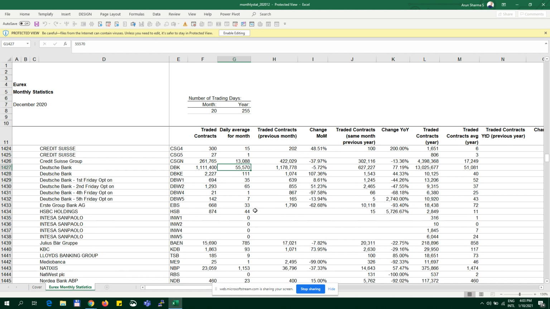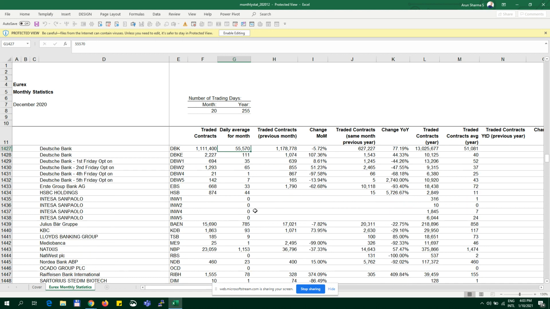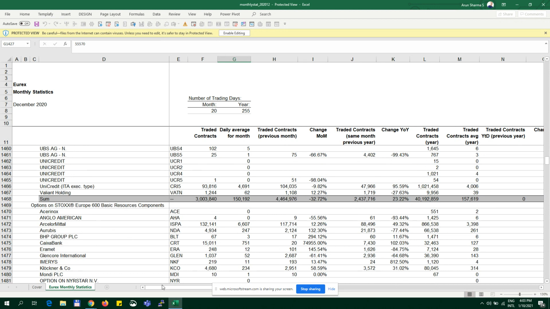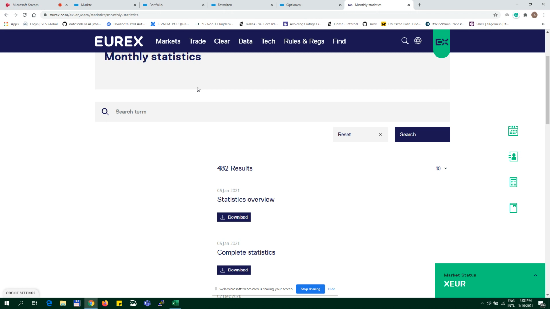So this will give you a view of how much the volume is, how many contracts are traded on a daily basis, so that you are entering into the ones which have some sort of volume, at least to trade. It's good to start with, at least to have a view. Okay, then let's go back to the Degiro app here.